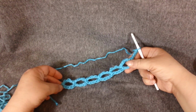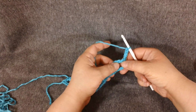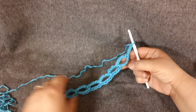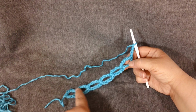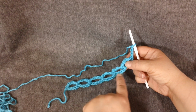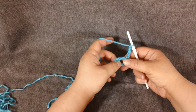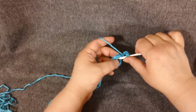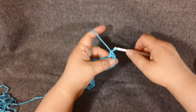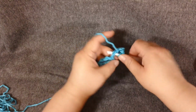You're not turning it. Alright, so I chained 4, and without turning the work, I just want to make sure that I keep the double triples on the top. These are what I'm going to be working across, and then my chains are on the bottom. Okay, and so working across these, I'm going to work a double crochet, and then a chain 1, and then another double crochet,